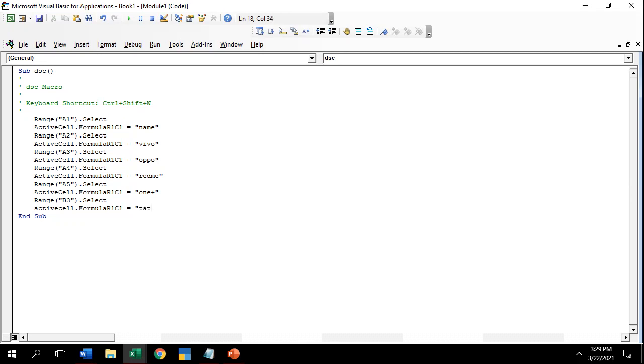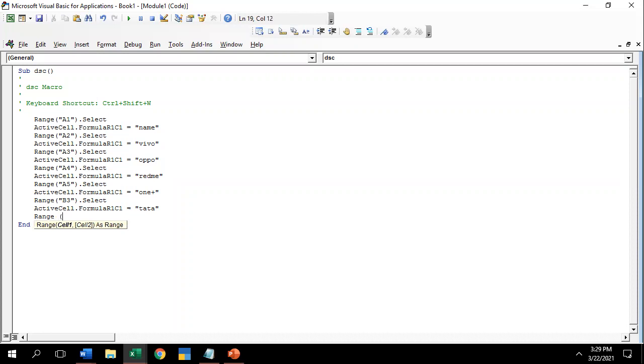I want Tata. It's a brand. Imagine it's also a brand. I click on where it has to be there. I want to give a range. So if you want to write data in a cell, or if you want to write to a range, you want to write this command. What is the command? It is ActiveCell.FormulaR1C1 is a program, and now I'm going to give a range. There is a Range within double quotes.